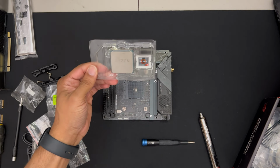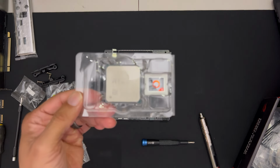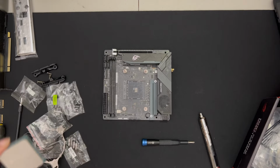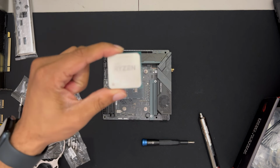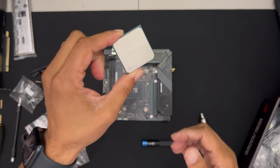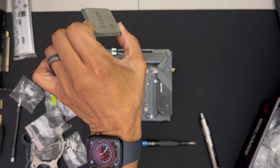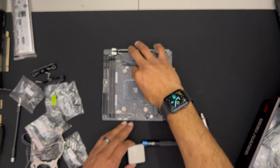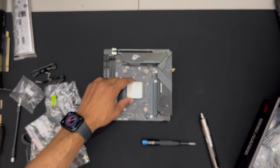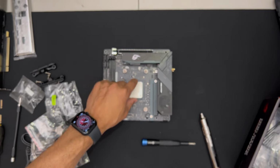Here we go. Ryzen 5950X, baby. Ooh, look at that. It's a nice piece of silicon right there. And it's got a little gold dot or triangle on it. You just drop it in, it'll fit in place. It's not gonna go in wrong, so